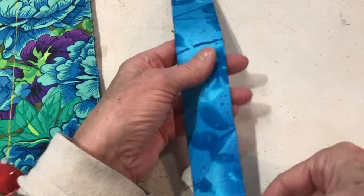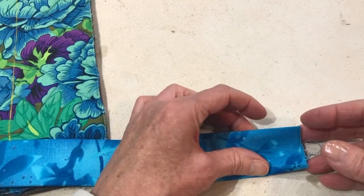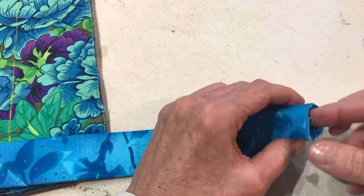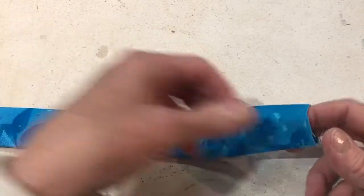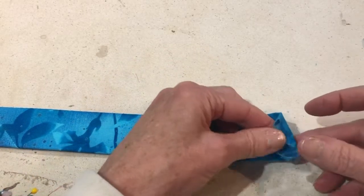There, and I'm going to go ahead and do this. Now, let's say you're working with some really pretty fabric, but very delicate fabric. You're known for carrying 400 pounds in your handbag. What you can do, and it's optional, but to reinforce